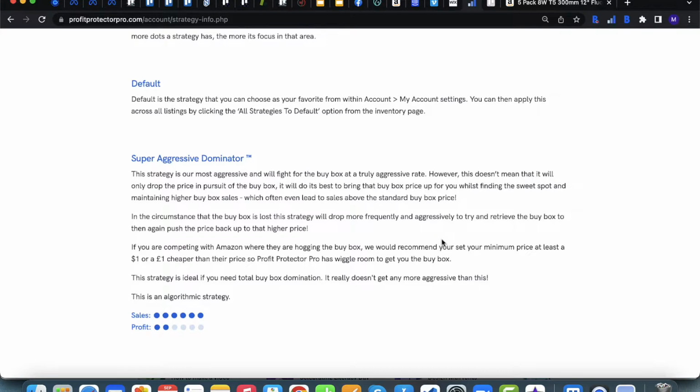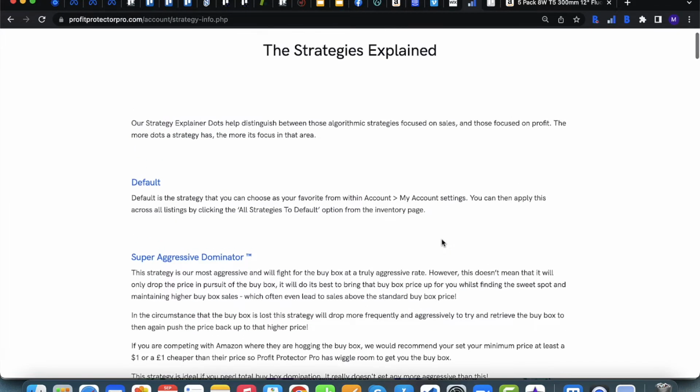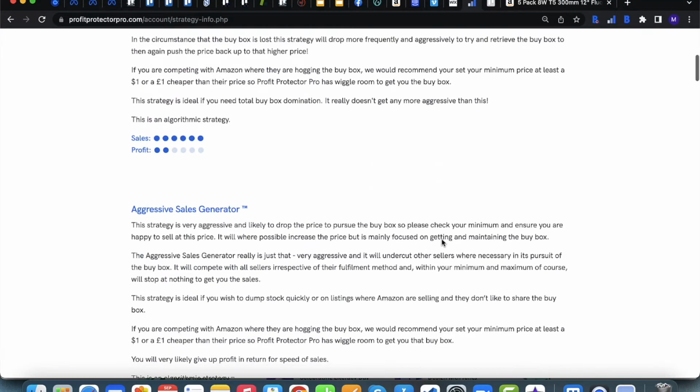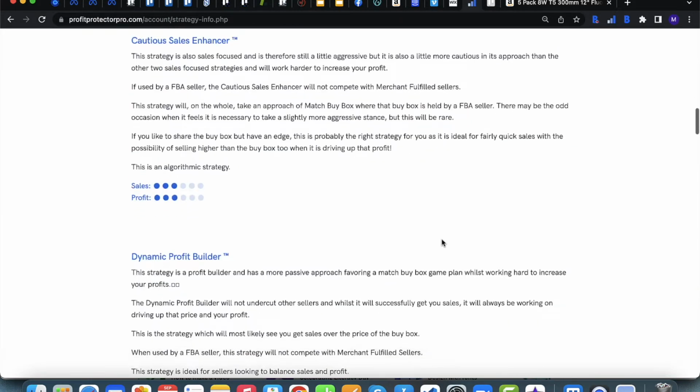So within Profit Protector Pro, as you know, there are different types of strategies. So you've got your algorithmic ones, which are clever and have AI learning, so they learn on the job and constantly watch what is going on with the listing and obviously learn from that listing and adjust accordingly to perform their function.